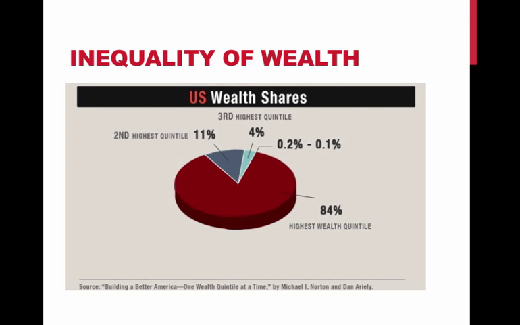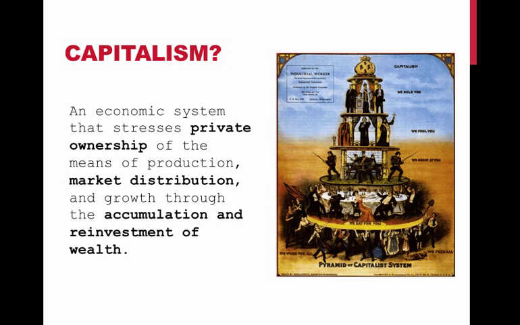So what could lead to such a vast difference in terms of income and wealth holdings in the United States? Well, one thing that we should explore is the logic behind our economic system. And this logic is capitalism. The U.S. economy is rooted in the logic of capitalism. It's not pure capitalism, but it embraces the logic and many of the principles, and we can see how this system focuses on stressing private ownership of the means of production, owning the land, owning the machines, owning the factories,